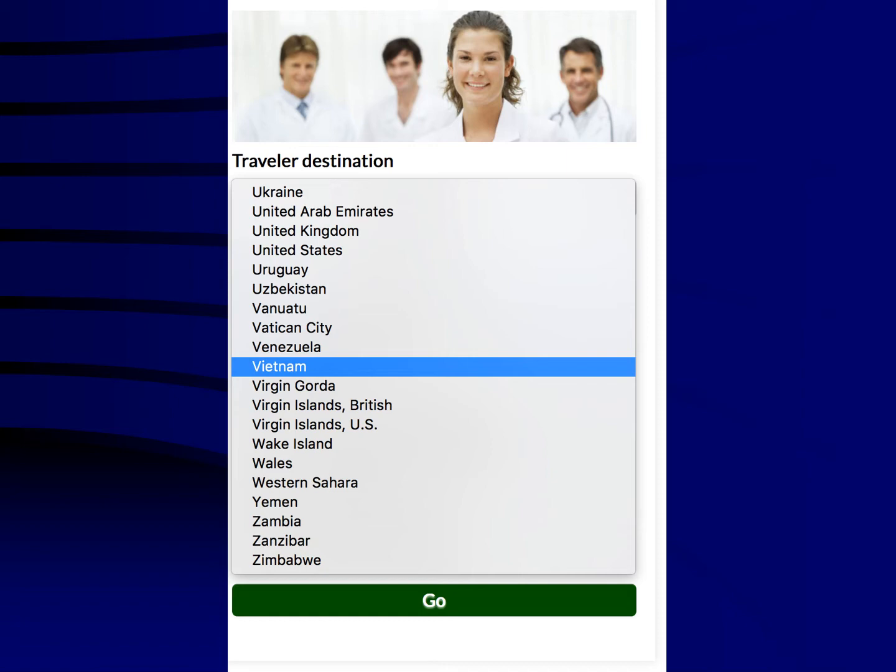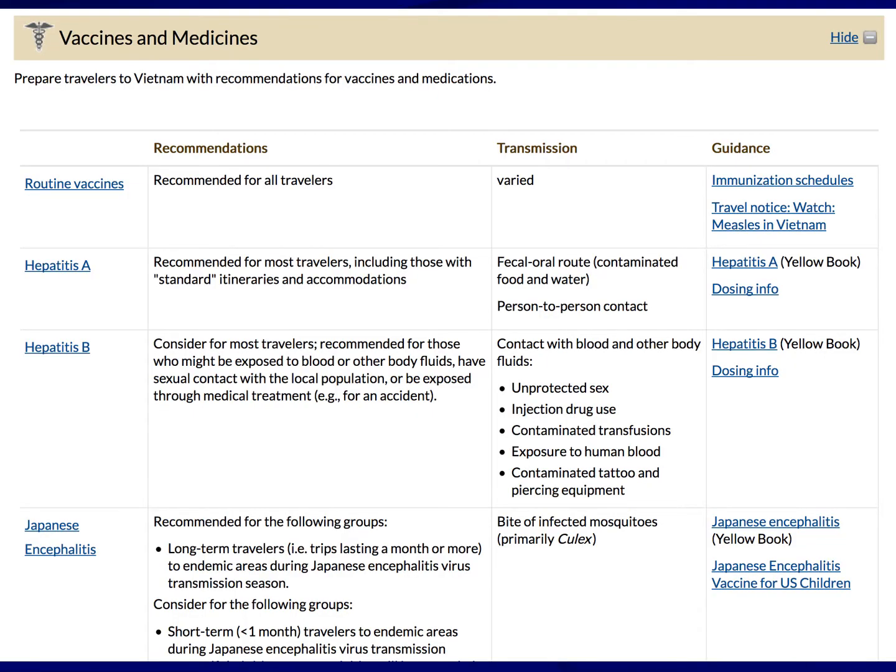So again, the second part of your questions are what vaccinations are required to travel to Saigon for someone who's going to be in the city for over 1 month. So I go to travelers information and I choose destinations, and then I choose Vietnam. So once I choose Vietnam, I will get a website up that shows me some vaccinations that are required for travel to Vietnam. So I can see there routine vaccinations and then hepatitis A and B,